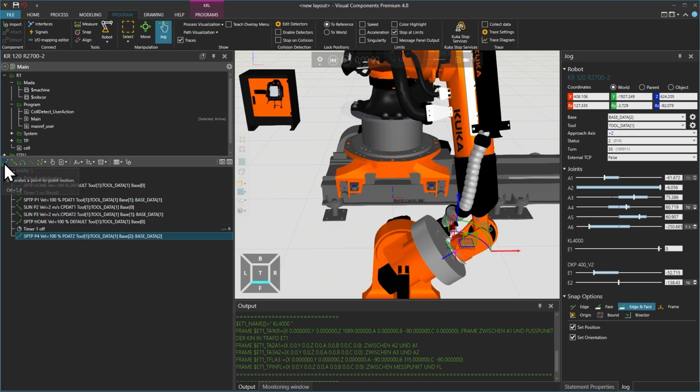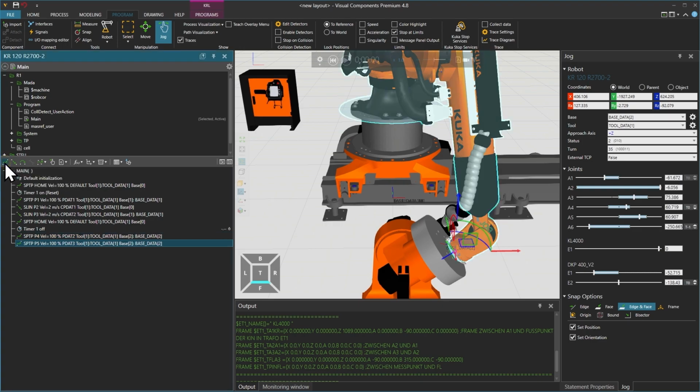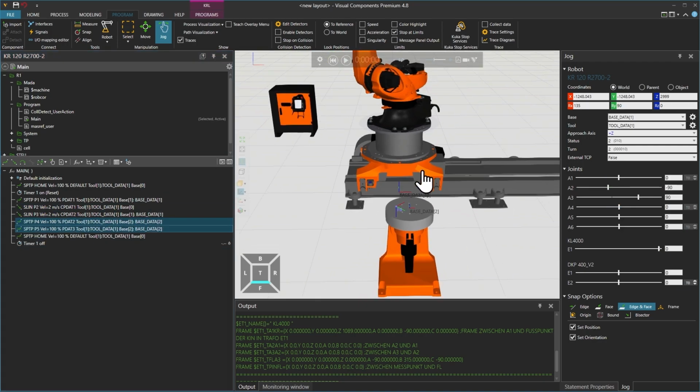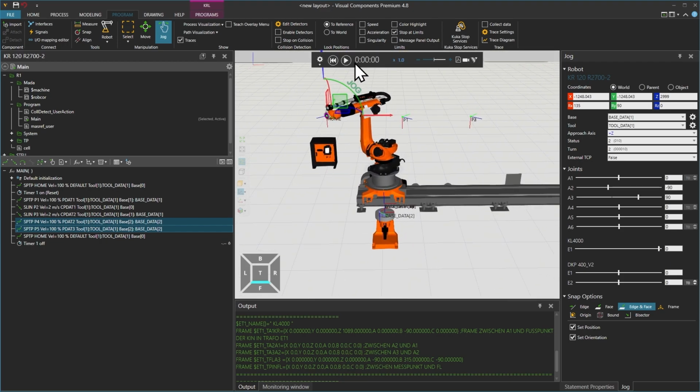So and create a second point here with also a PTP movement. And those two movements, I will include them before my home position. So I'll go on Control, select my 2 points, and now drag and drop them in front of my home position. Such as if I reset the program and run it,